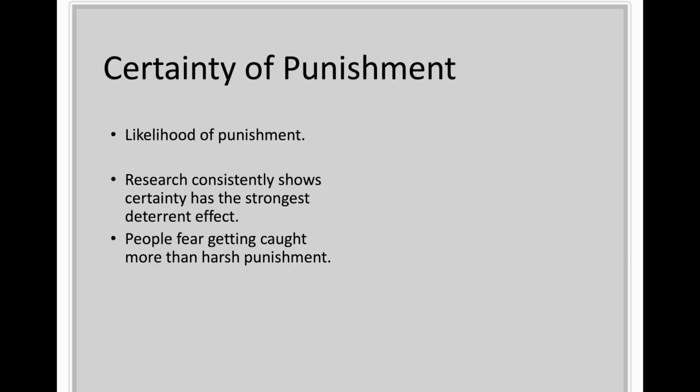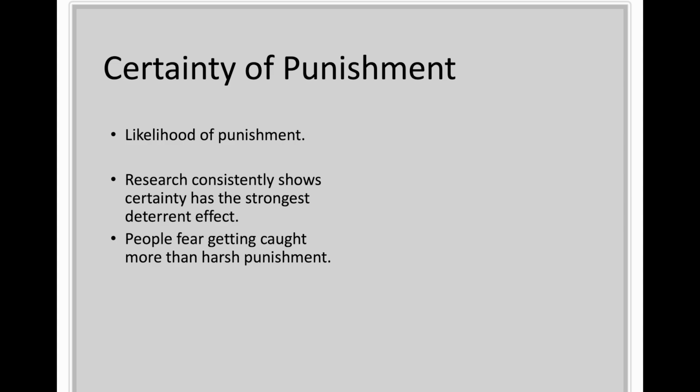The more likely that an individual believes they're going to be caught or punished, the less likely they are to offend. So among the three classic deterrence dimensions, certainty, severity, and celerity, certainty consistently receives the strongest empirical support. This is one of the most important takeaways from modern deterrence research. Nagin's review of deterrence literature strongly emphasizes that certainty appears to matter more than severity. Similarly, Chalfin and Macari's review of criminal deterrence research concludes that increasing the probability of apprehension generally produces stronger deterrent effects than increasing sentence length.